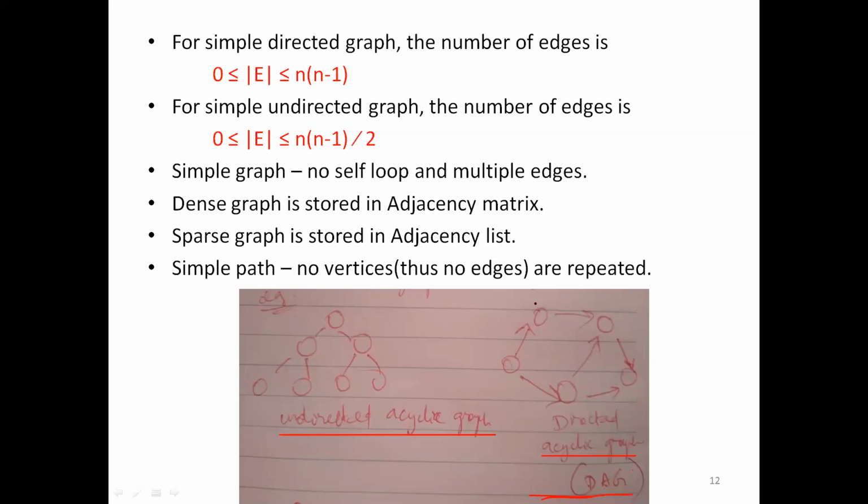For example, if you start from here, I want to reach node 1 again by visiting all other nodes. I can go up to here, but I cannot go back. There is no path from this node. All the edges are incident to this vertex, and no edges emerge outwards from this vertex. So in this graph, I cannot form a cycle. That's why I'm calling it an acyclic graph, a directed acyclic graph.